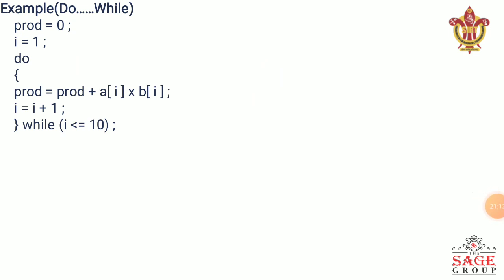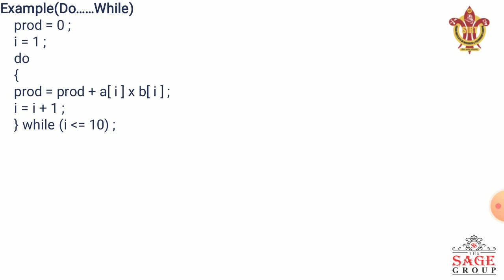Now we have taken another example to represent jump or go to statements. Here is the example of a do while loop. As we already know, do while is just the opposite of while do, where we first execute our statement. After that, we check our condition. The structure of do while looks like do, and we execute these two statements, and after that we check our condition. If the condition is true, then we again execute these. If the condition is false, we switch to our remaining portion or go out of there.